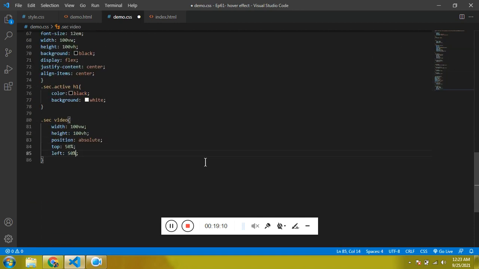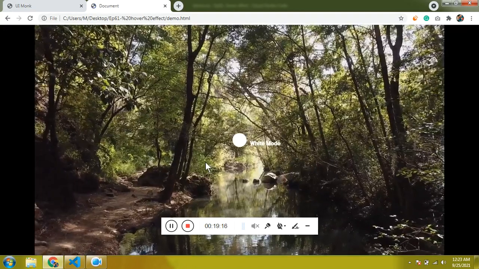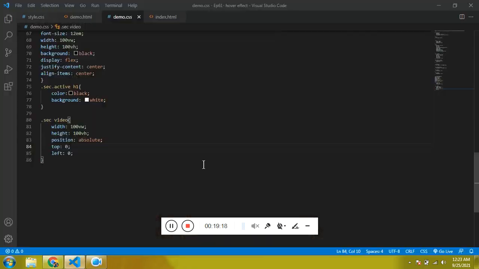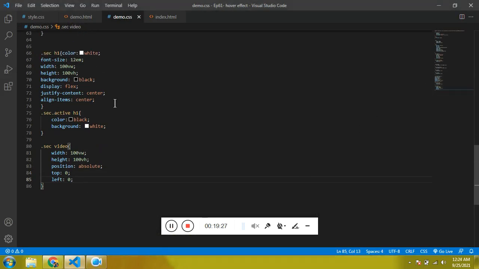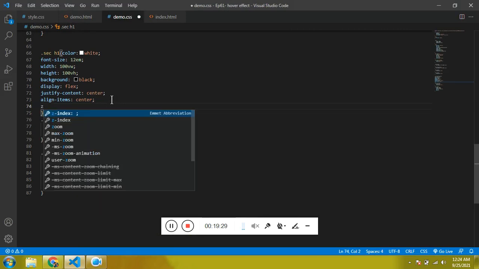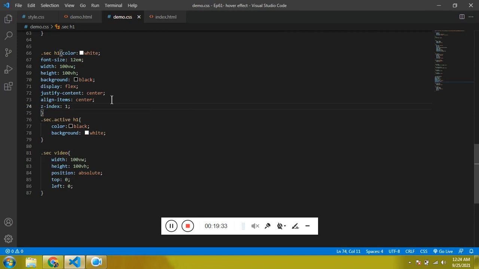It should start from 0 and fill the entire screen. Cool. Now what I need is, we have to make the heading come forward. So z index 1, refresh it,